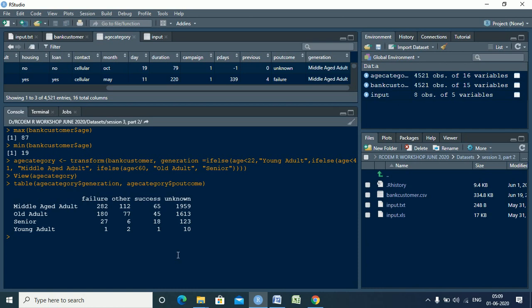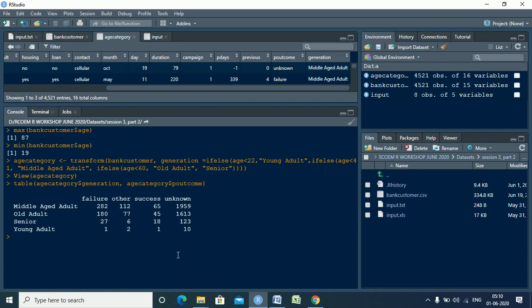Next we move on to the sample function in the dplyr package. If you remember, we had done a simulation activity where we used the sample function, where we had to pick 3 cards from the deck with replacement as true. Every time you picked a card, it had to be replaced and then you picked another card. Similarly, there are 2 sample functions available in the dplyr package, called sample underscore n and sample underscore frac.